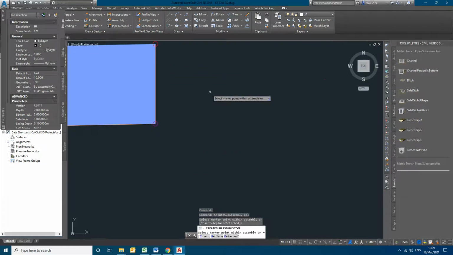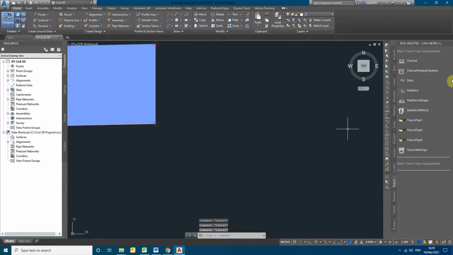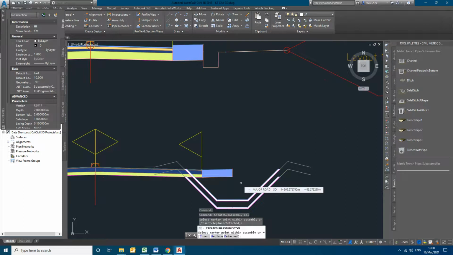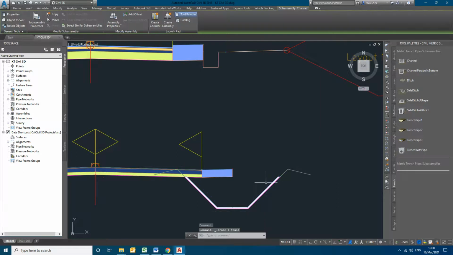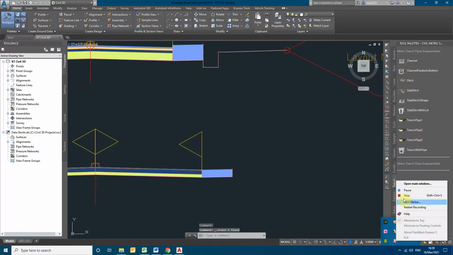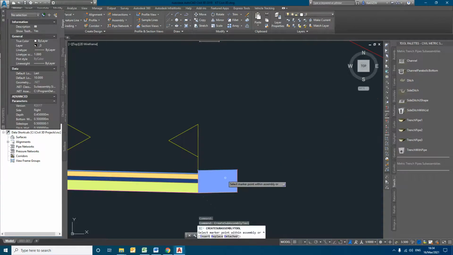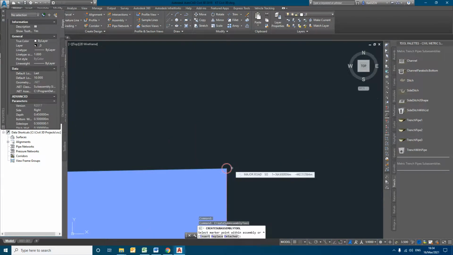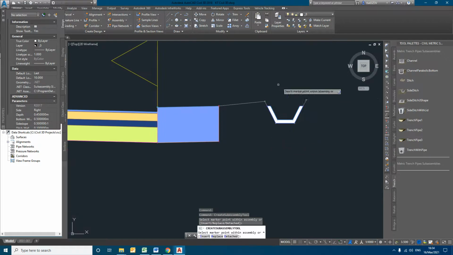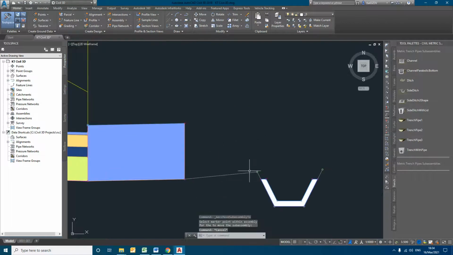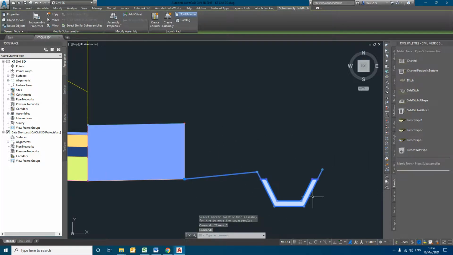For this, I'm taking the simple side ditch, and sending it to here. This can then be customized as per our requirement.